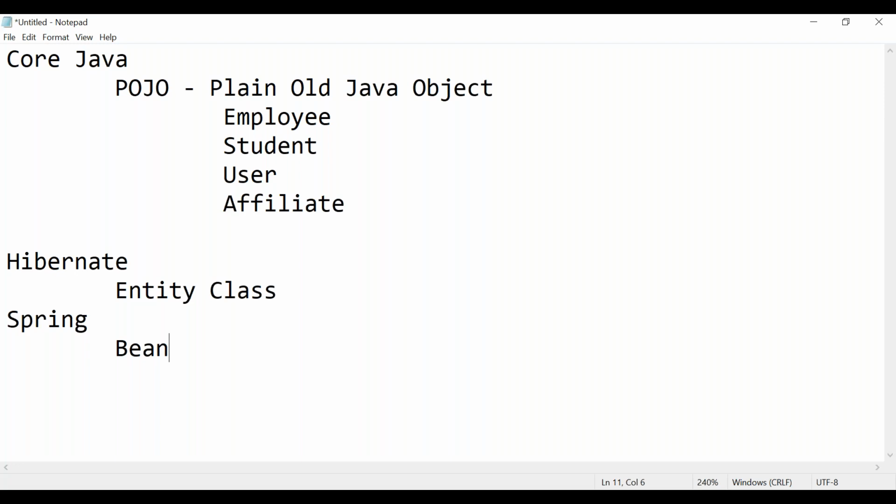Same thing we are telling as entity class in Hibernate. In Spring, they will be telling it as bean class. All these names are the same. It depends upon the place where we are using it, so we can call it that way, okay? Now let's go back.